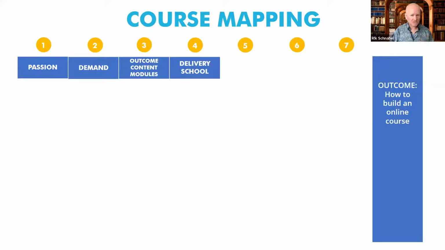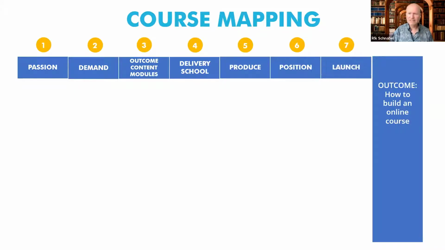Then we move to determining how we're going to deliver it. Then we start getting into production, because how you're going to deliver it determines how you produce it. And then positioning of it to make sure it's finely tuned, that it's got some really good pieces to ensure that people will buy them, because that's all important. And then finally, the launch phase, how you actually launch your program. So they are the modules, and there is a particular technique we do and use to get all of this together. It's usually a lot of brainstorming and then sequencing.